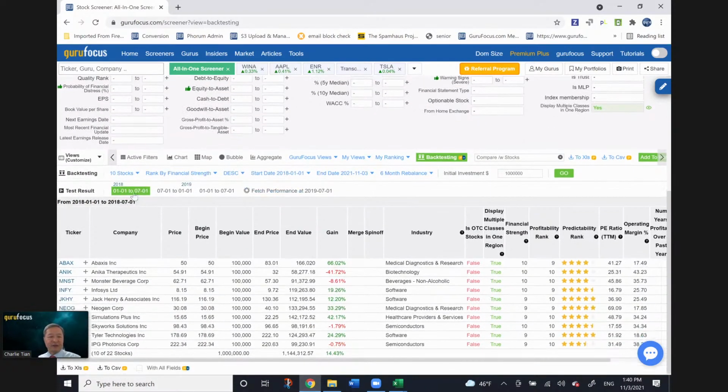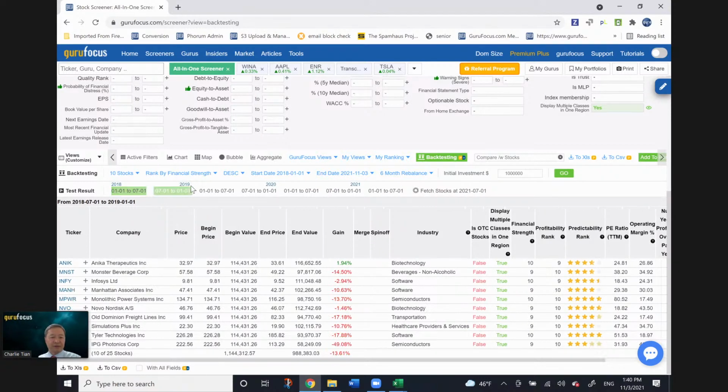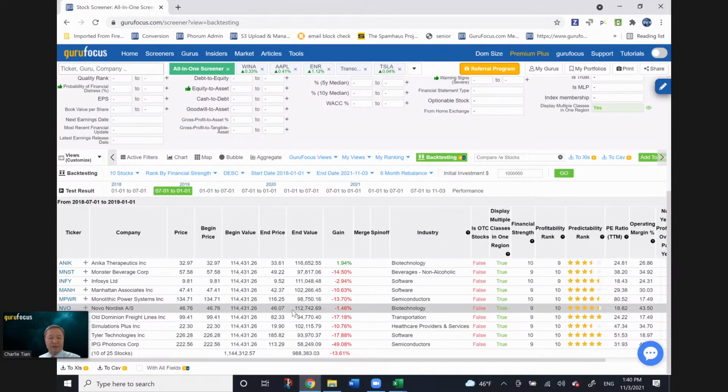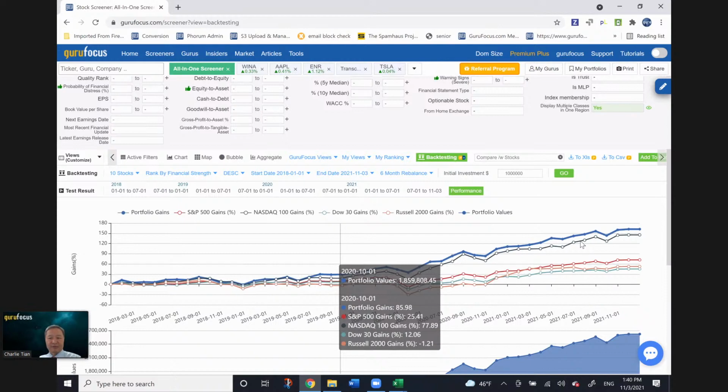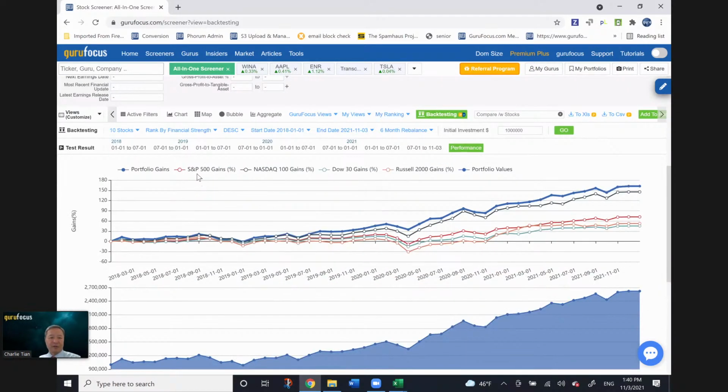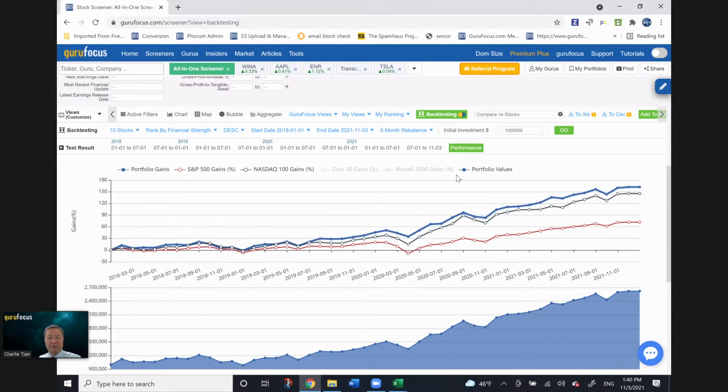You can see the stock list for 2018, first half and second half, and 2019 first half and second half. You can see the list of stocks, and after it finishes, you can see the performance here. Look at this performance. And if I remove some of the Dow Jones, I remove Russell,